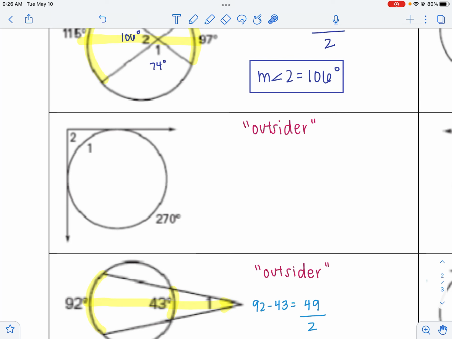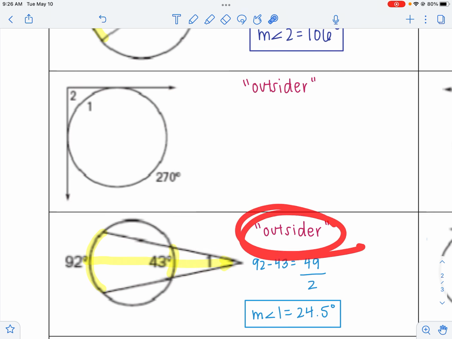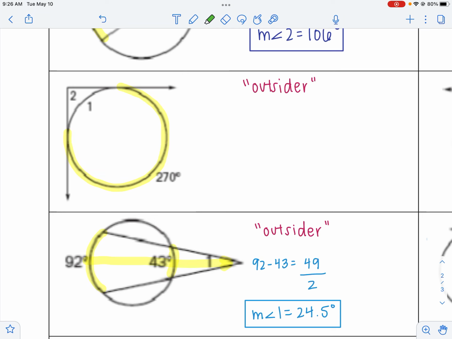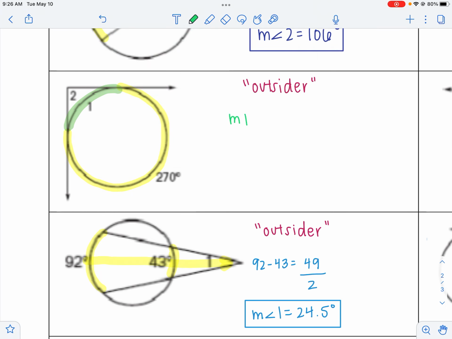So outsiders can look very different. Remember we said we could have a secant and a secant, but we could have a tangent and a tangent. So this was an outsider with a secant and a secant. This is also an outsider, which is going to be the same rules. What makes this one a little bit different is that it's completely outside. So that would be one arc, because my rule with outsiders is subtract the arcs. But the problem is that I don't know the other arc. So first I'm going to need to find the measure of arc 1 before I can subtract the arcs